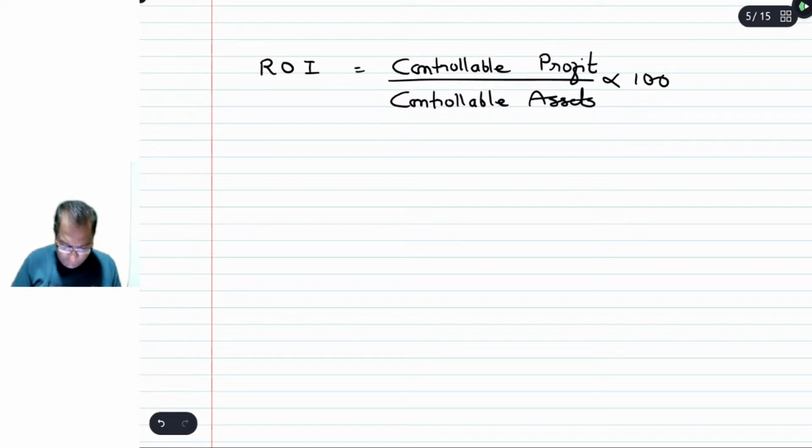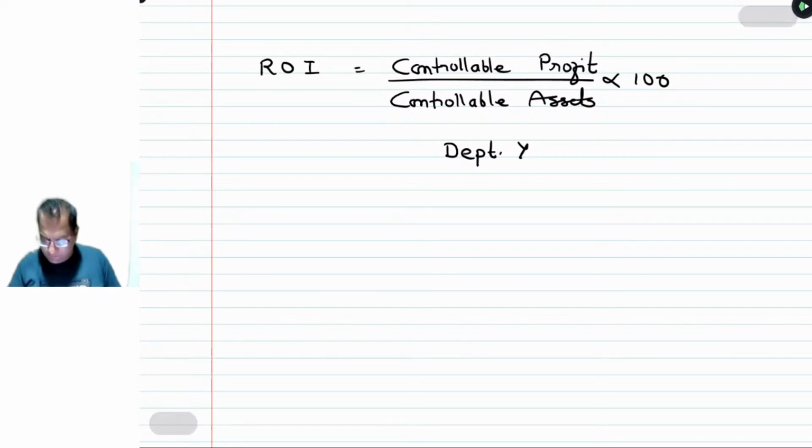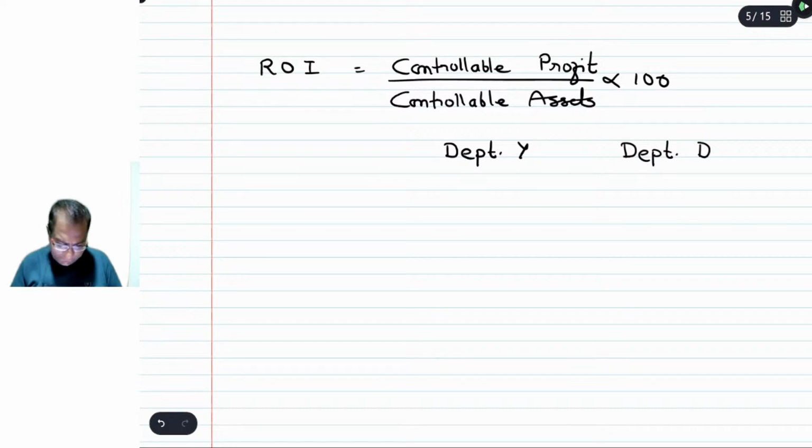तो अब आप मुझे सिर्फ एक काम करें बेटा, मुझे डिपार्टमेंट वाई का कंट्रोलेबल प्रॉफिट का अमाउंट बता दीजिए। If you can calculate the controllable profit of department Y, the same technique is to be applied to calculate department D profit. डिपार्टमेंट वाई का कंट्रोलेबल प्रॉफिट कितना है आप मुझे ये बता दीजिए।